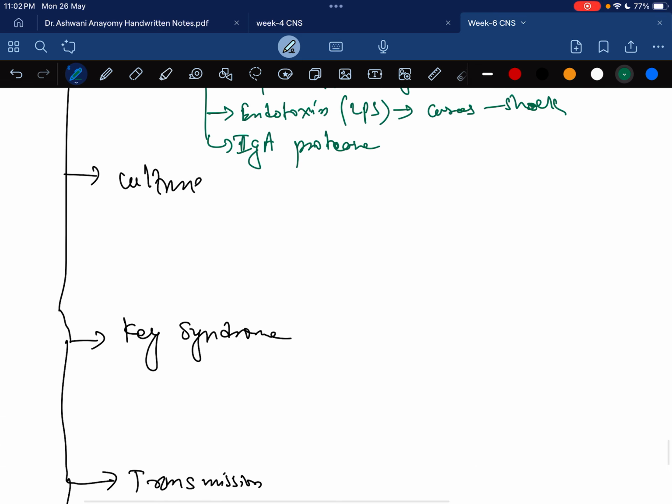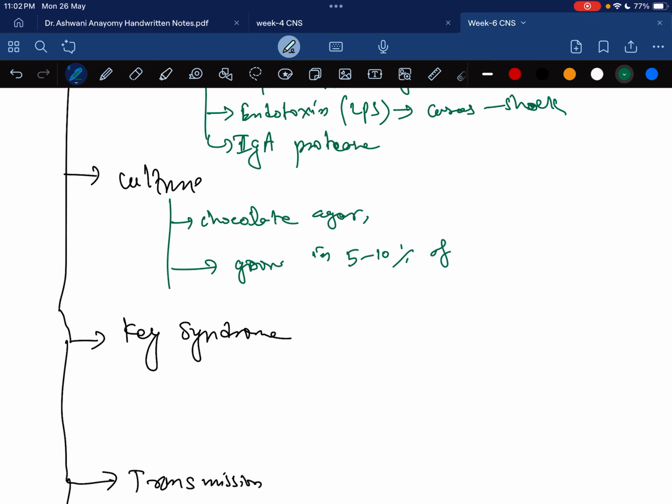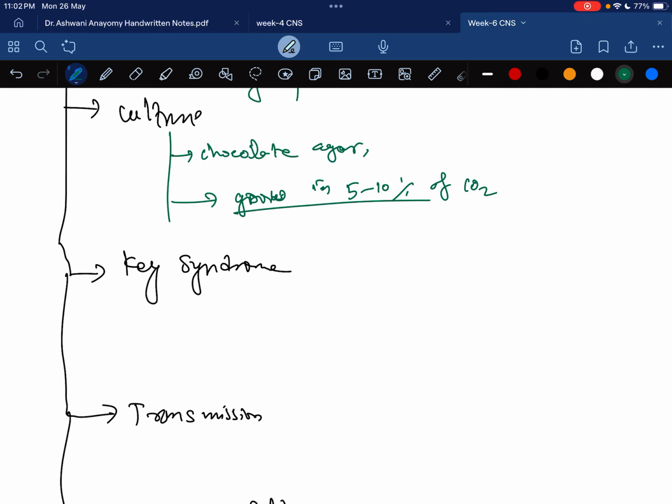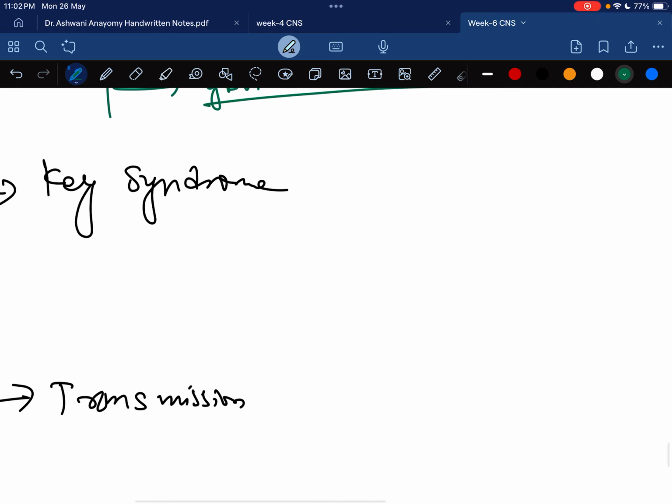When we look at the culture, we can use chocolate agar, and it grows in 5 to 10% of CO2. It is present in 5 to 10% of CO2, and it grows in this environment. And when we look at some key syndromes, like there is